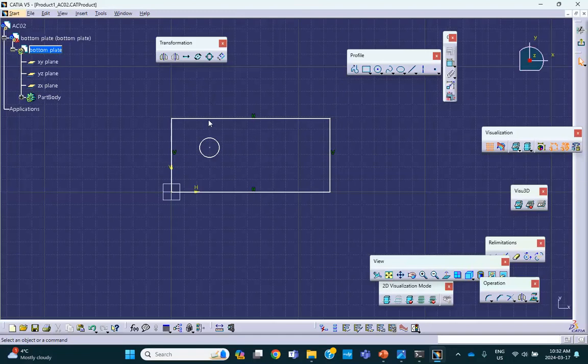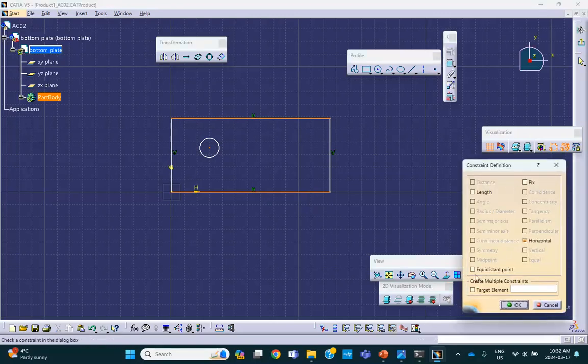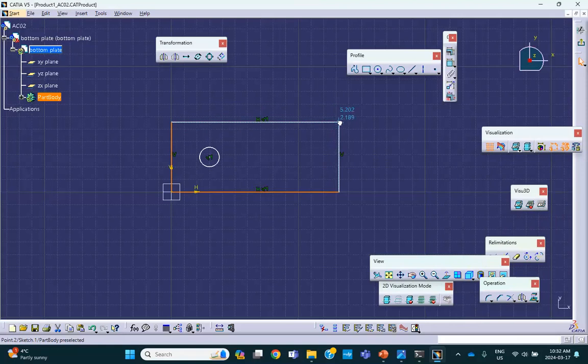Top line, control, bottom line, control, the center, and you're going to say, for example, equidistant. Now, if you resize this thing, for example, you notice that this always remains halfway between these two. Okay. Exit,